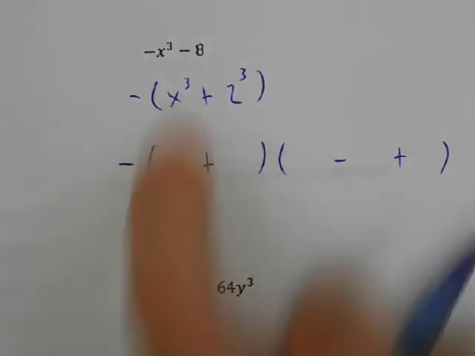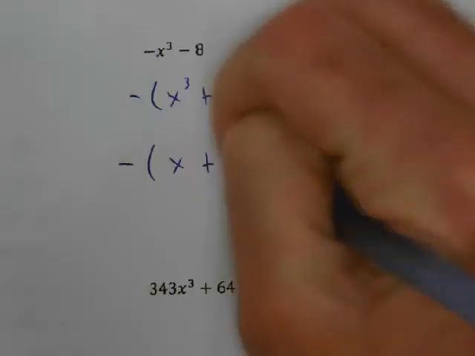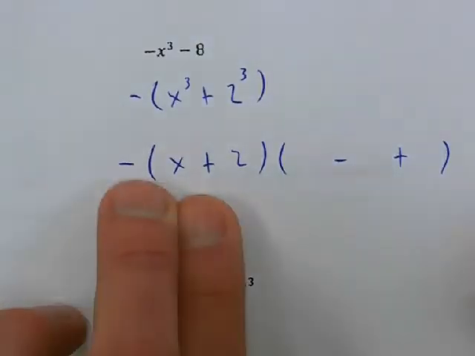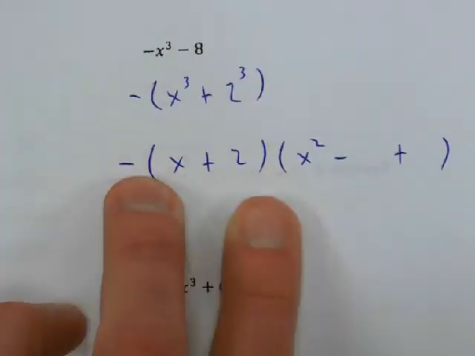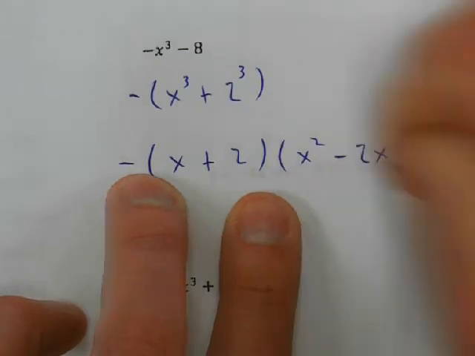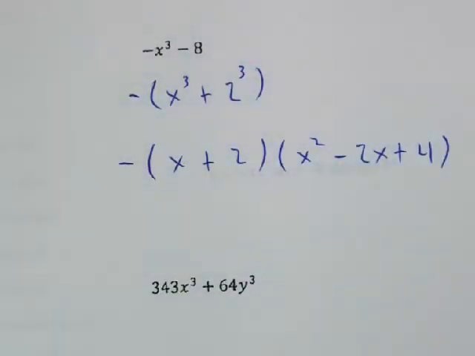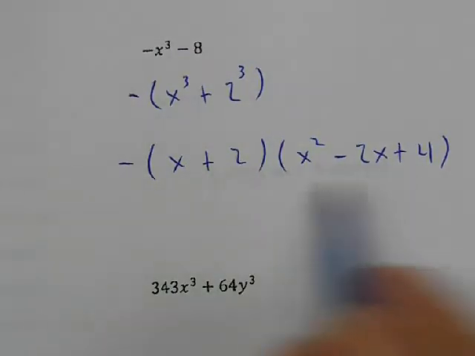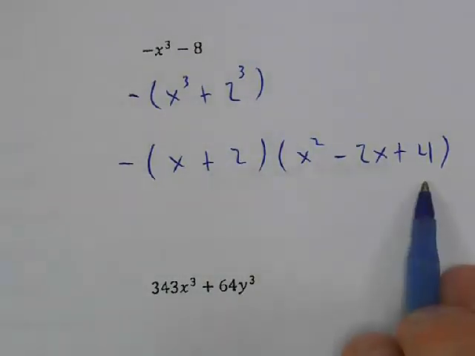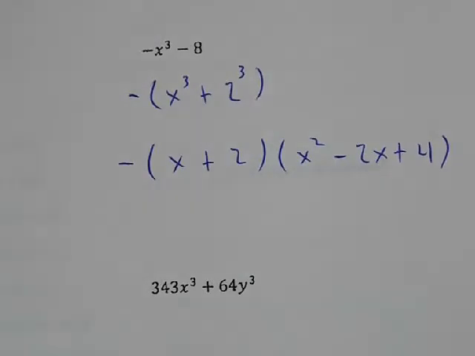And then let's see, I got to drop an x and a 2 down here. And then I want 2 of these here, so x squared, then 1 of each here, so 2x, and then 2 of those gives me a 4. And again, now we're done. Okay, and again, this thing's going to look maybe like it's factorable once in a while, but it won't be. Okay, all right,